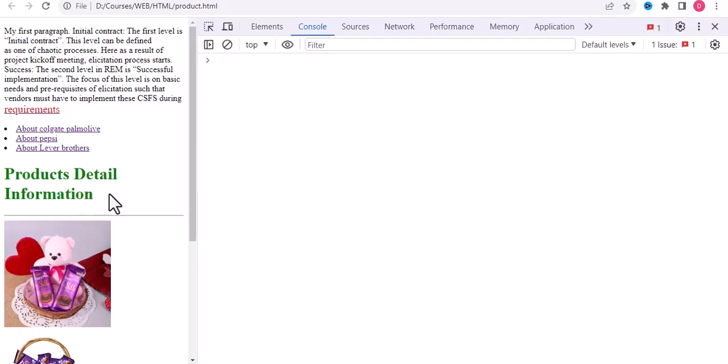Now we will discuss innerText and innerHTML and the difference. innerText returns all the text contained by the element and its child elements, while innerHTML returns all the text including HTML tags that is contained by the element. If we see this page,